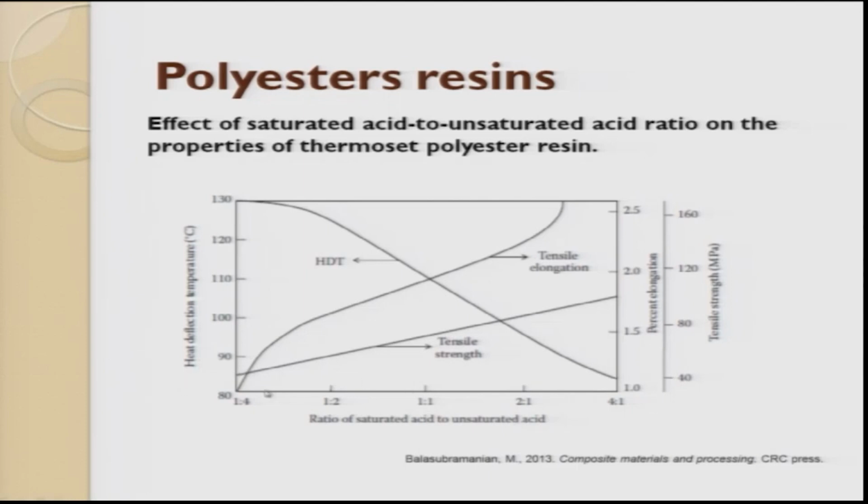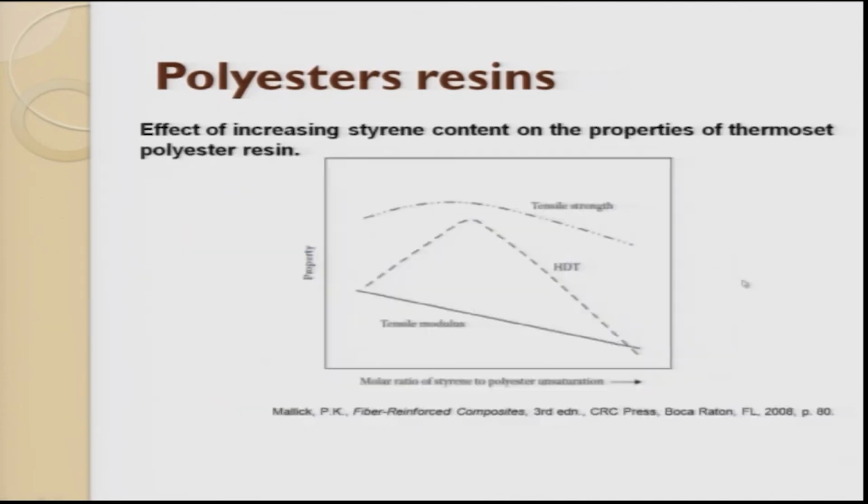So you can see that as the ratio increases, the tensile strength increases. The tensile elongation increases. You can see that this is percentage of deflection and this is tensile strength. So polyester resin, the effect of increasing styrene content on the properties of the thermoset polyester resin, you can see